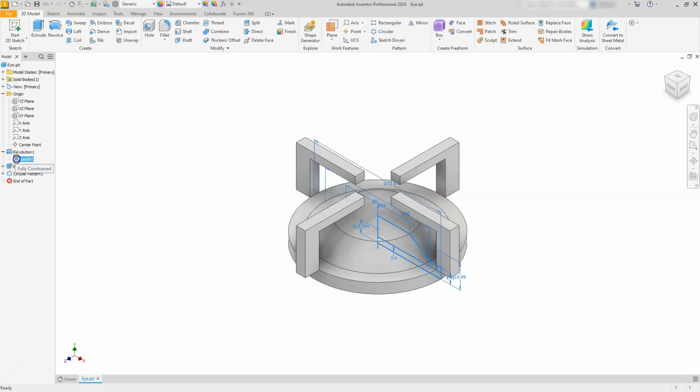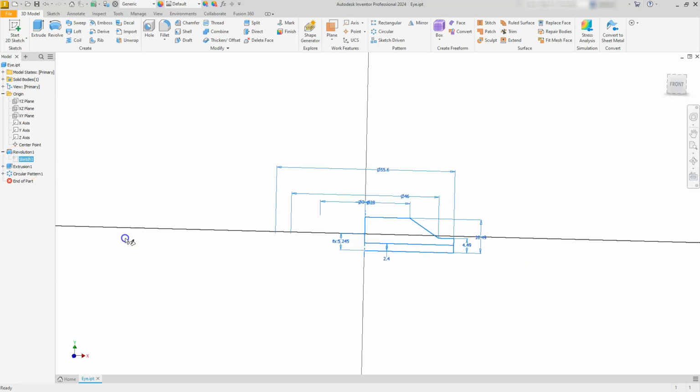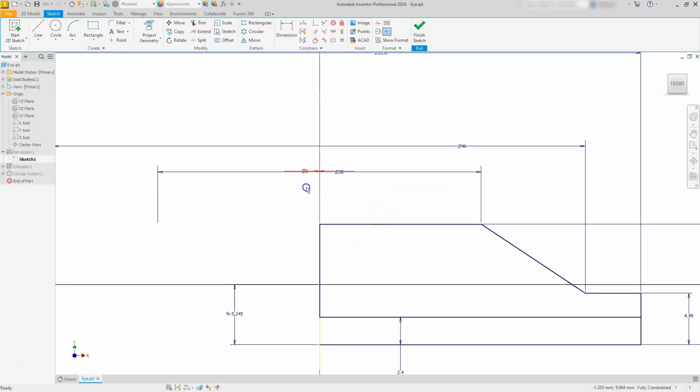So I'm just going to double click there. And that should bring me back to the sketch. Now remember that, and I'm just going to zoom in here. Remember that we made this a 0 dimension on this sketch. And a huge benefit to that is that if we ever have to come back and change that, we can do that. So if I wanted to make this number 28, you will see that it will create that sharp edge there. And then if I go to finish sketch,